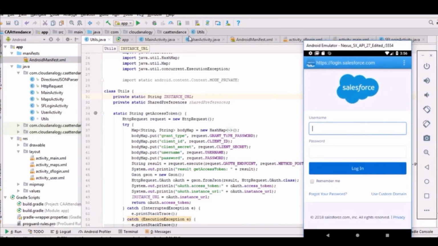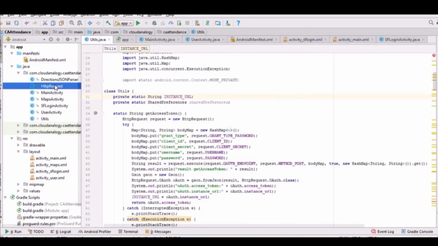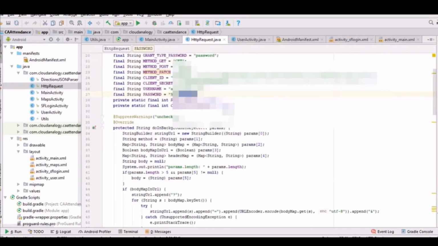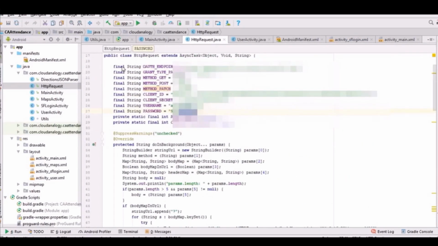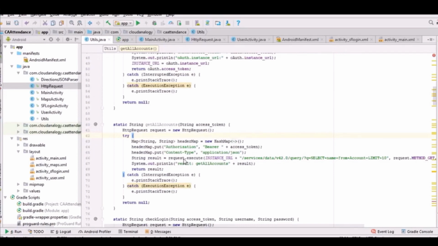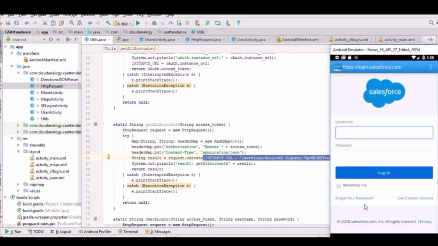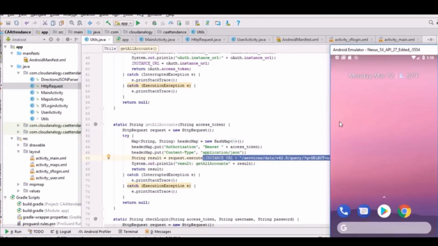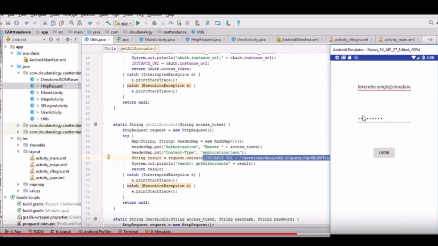So I'll show you how it was working earlier and what changes we have done to make an updated version of it. This is the code we have written, and here I have worked on making changes to the URL. This is the hardcode URL we have made so that users are provided the flexibility to directly access the application.